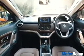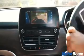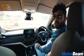This one gets a lot of functions, right from Apple CarPlay to Android Auto connectivity. It also gets a reverse parking camera, there are reverse parking sensors as well, and it also gets navigation. It's a very slick unit with good graphics, and there are a lot of modes. In fact, there's something known as Drive Pro, which also rates your driving style and gives you a score based on